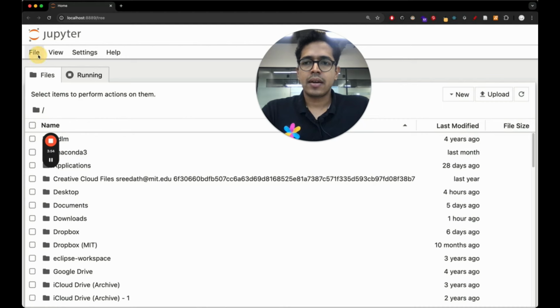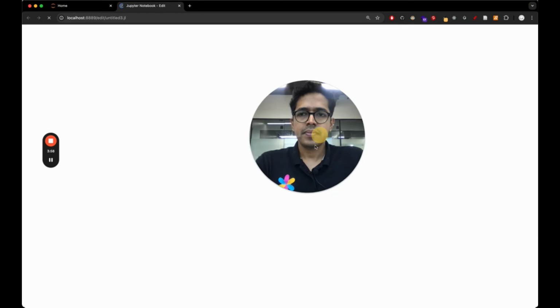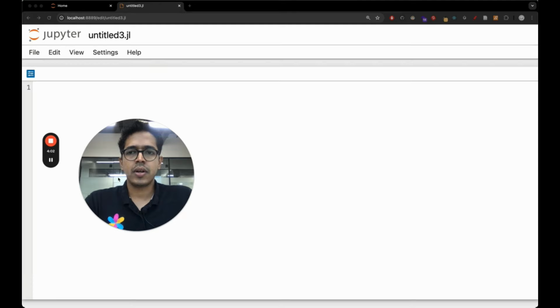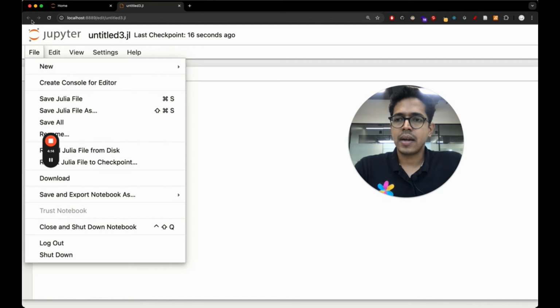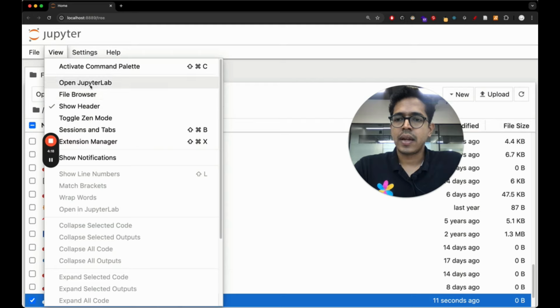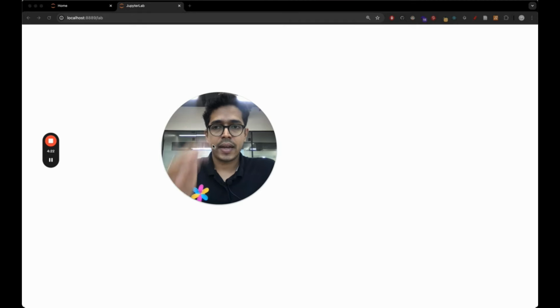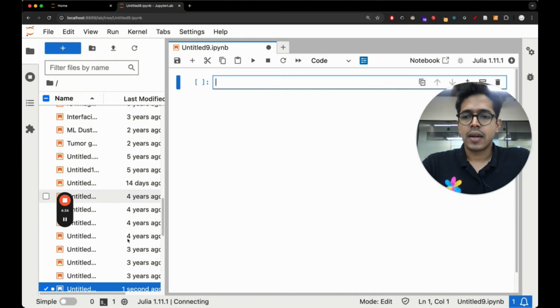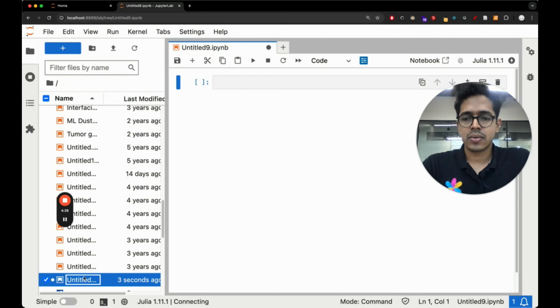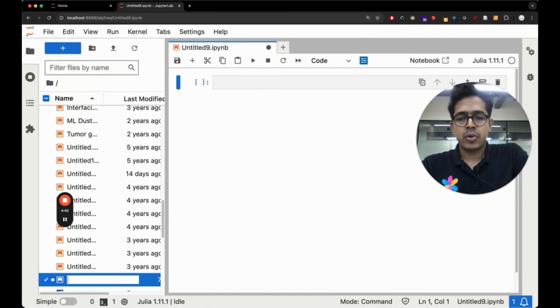Once you open Jupyter Notebook, click File, New, Julia file. This should open a new Julia file in Jupyter Notebook. And after this is done, actually, it's better to open Jupyter Lab. So let me go back, close this file, and open Jupyter Lab. In Jupyter Lab, I can start a blank .jl file. So this is my default folder. And here I can start one new Julia 1.11.1 notebook. And I would rename this. Instead of IPy notebook, this is a Julia notebook, right? I don't think we need to add the extension, but let's name this DS in Julia